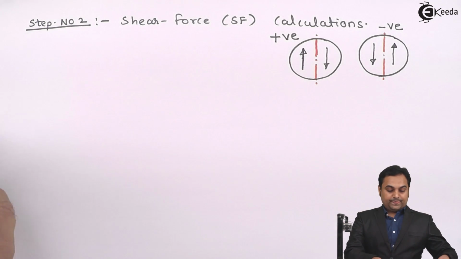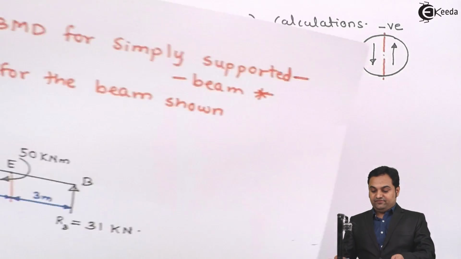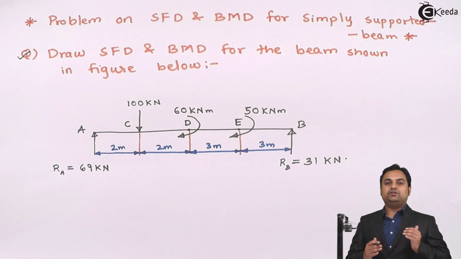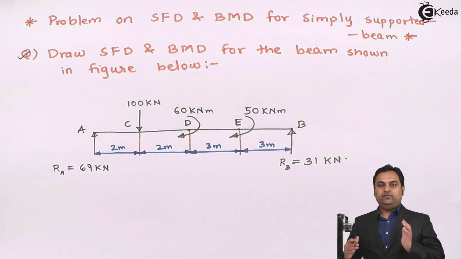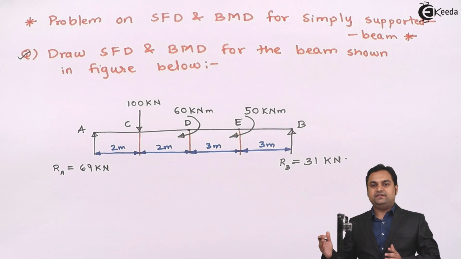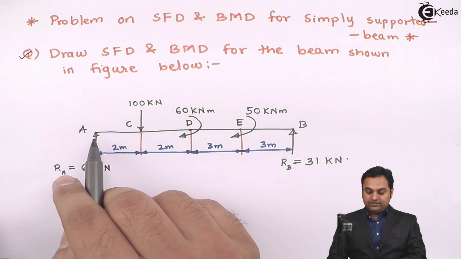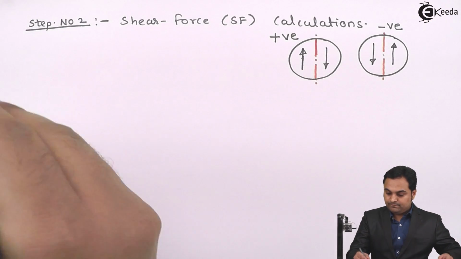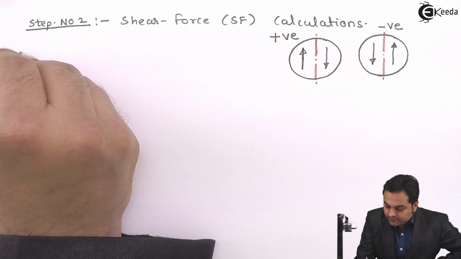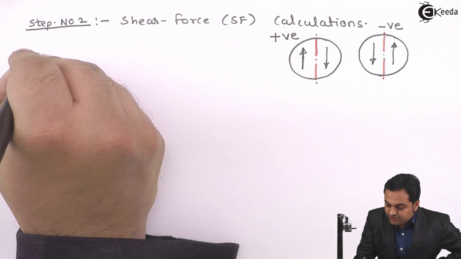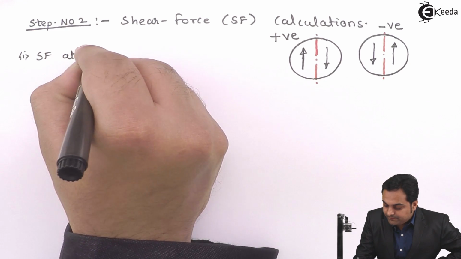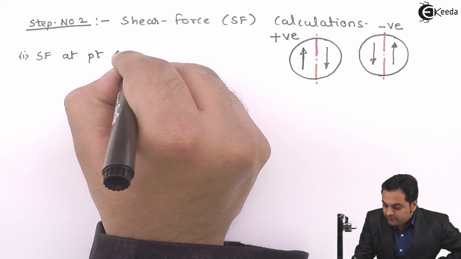Now, if we have a simply supported beam, we should start the shear force calculation from the left hand side. That is, we would be using the left hand side as a reference and going on calculating the values. So first I will calculate shear force at point A. So therefore I will write down shear force, that is SF, at point A is equal to,